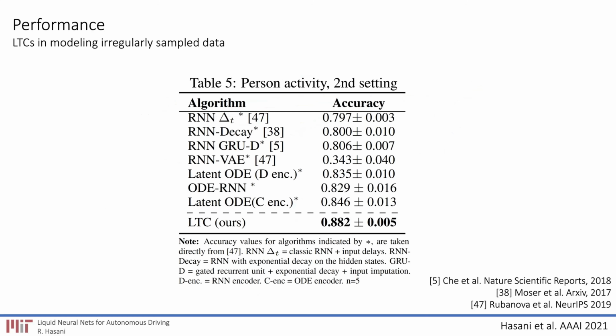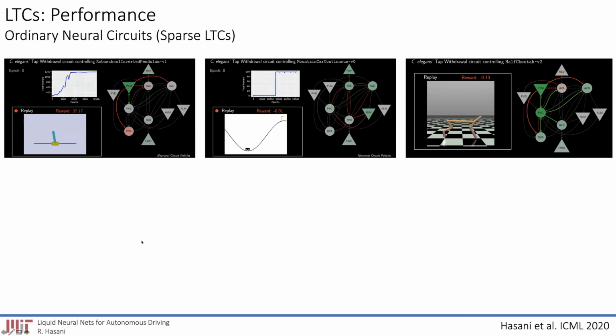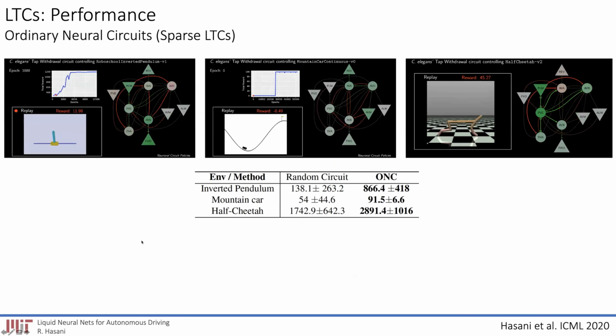If we go to real world data sets a little bit larger than the previous one, they can also achieve a better accuracy in predicting human behavior in irregularly sampled data. We saw that in many real world data sets, they could actually give rise to better results compared to the others. We also put them in reinforcement learning environments and sparsified these networks,